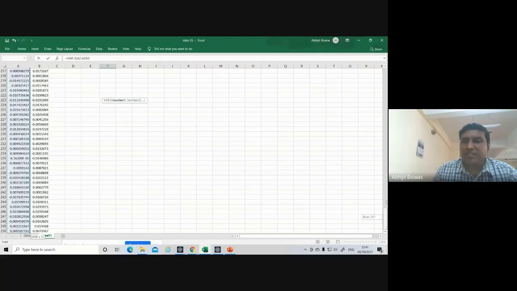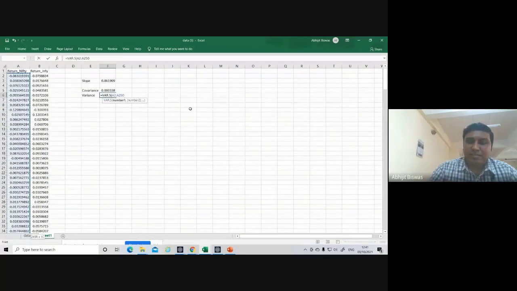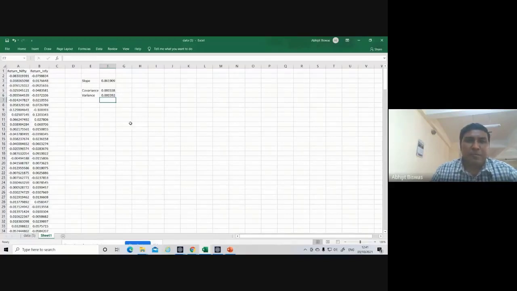Once you select, close your bracket, press enter. Now next is beta. Beta is nothing but covariance divided by variance. Same answer. See, slope is also 0.8619. Here also it is 0.8619. So there are two ways. You can either use this formula or you can use the slope function.